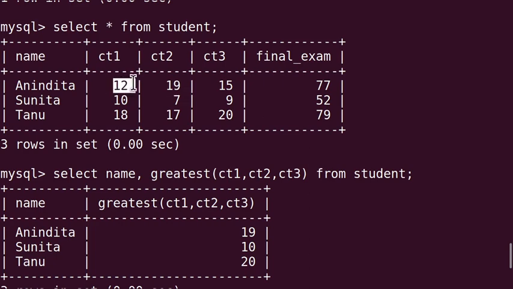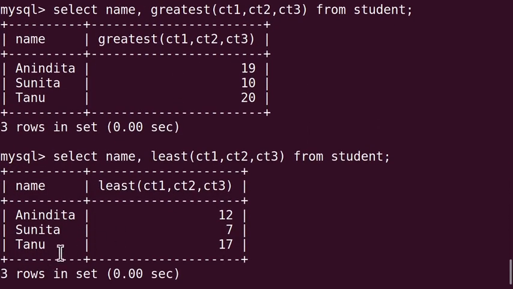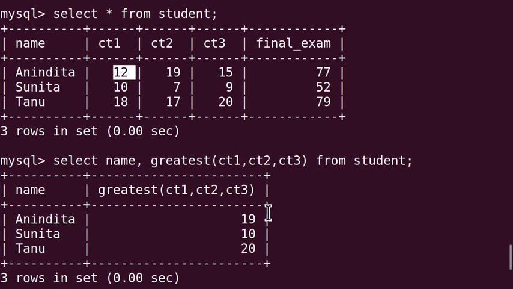Similarly, for Sunita 10 and 7, for Tanu 20 and 17. Here from the table you can check those also.